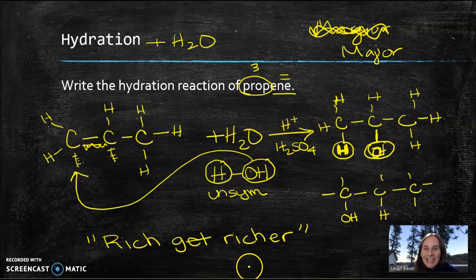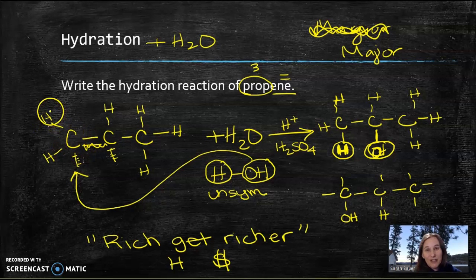Now, that's not the actual translation of Markovnikov's rule, but it helps me, and I think of hydrogens kind of like little money symbols, you know? Like they've got the little H almost there. And so what that tells me is that the carbon that already had the most hydrogens is going to be the carbon that more often than not gets another hydrogen. So in terms of who gets the hydrogen, who gets the hydroxyl group, if the rich get richer,